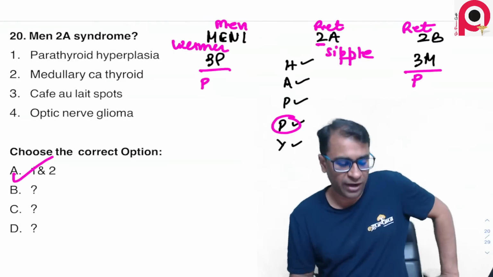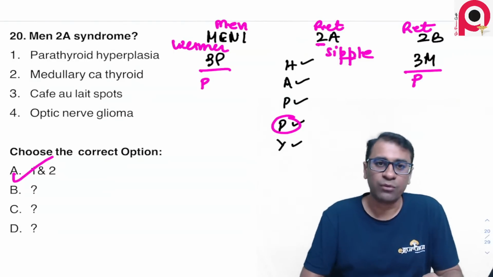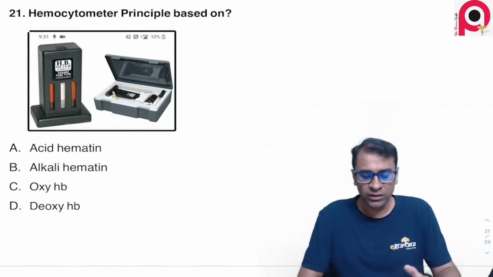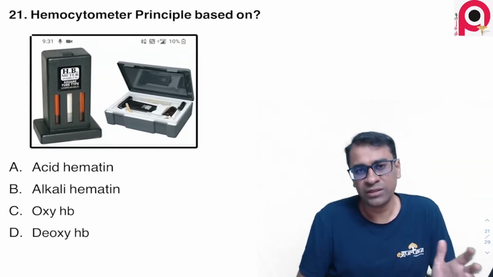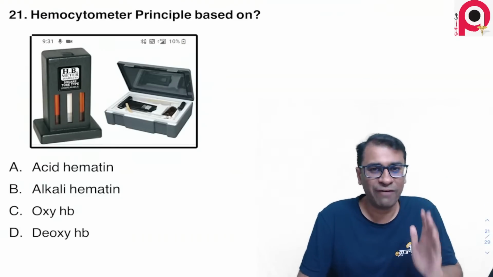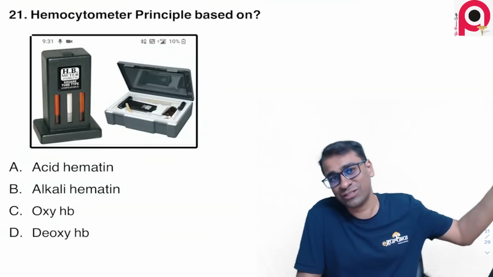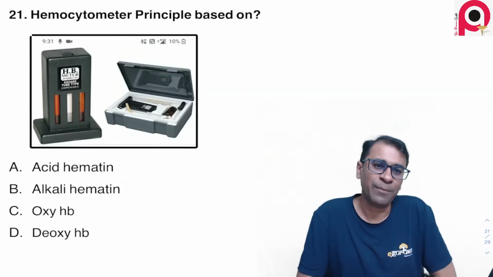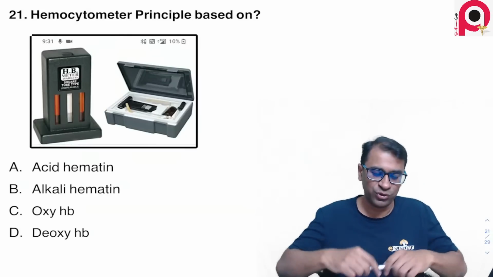Parathyroid hyperplasia and medullary carcinoma are what you see in a case of MEN syndrome. Now, this is one thing which I have not discussed with you in the recent classes. But if you have attended your first or second year physiology class, I don't think it's done in pathology, but that's one thing which you do in physiology.